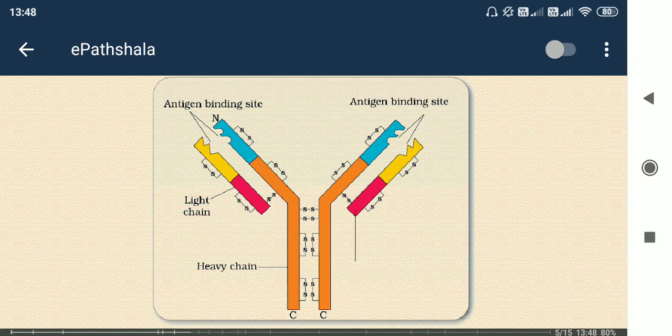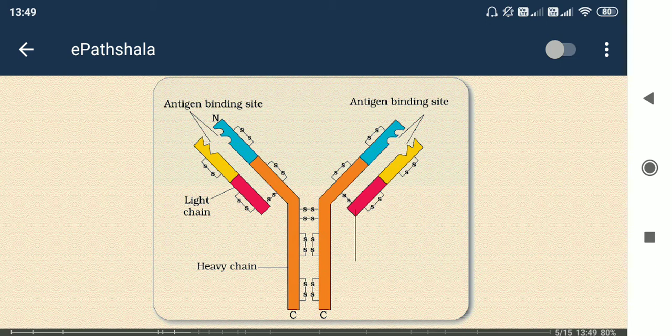So another thing is written, you can see the antigen binding site. The antibody reacts with the antigen. So the antigen binds with a little part of the light chain and heavy chain, okay, only a limited part of the light chain and heavy chain is involved in binding of the antigen, okay, that is the antigen binding site.